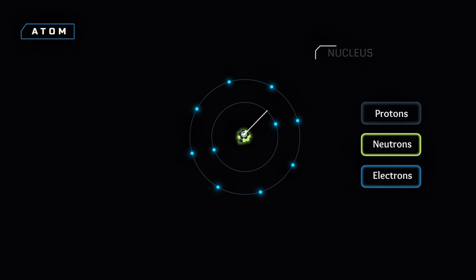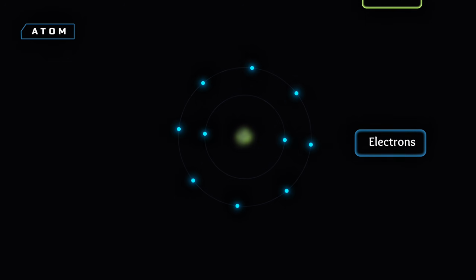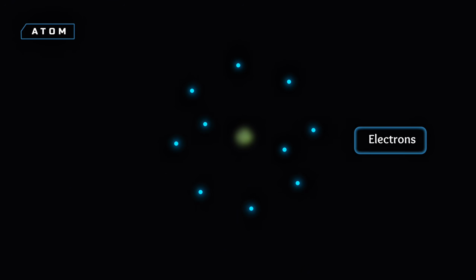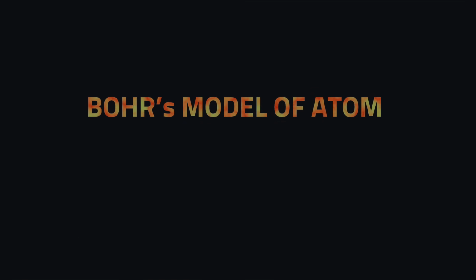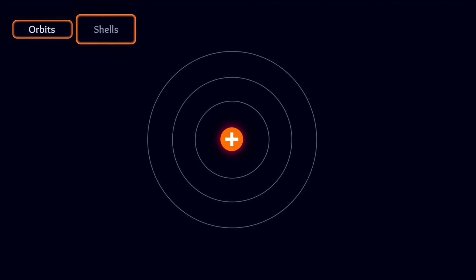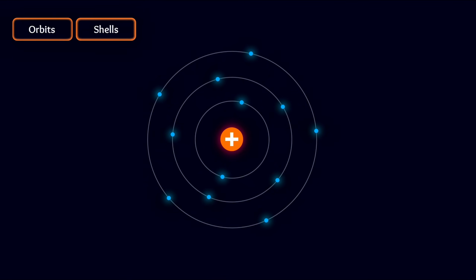The complex structure of an atom does not arise from the nucleus, but from the electrons, the tiny particles that orbit around the nucleus. Electrons orbit the nucleus in different orbits or shells. The shells are circular paths for electrons. These shells are fixed, meaning electrons can only exist within these shells.